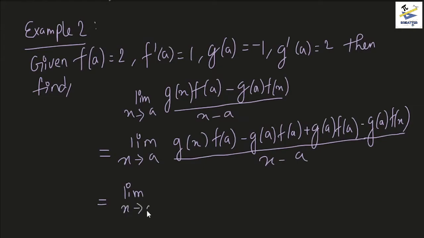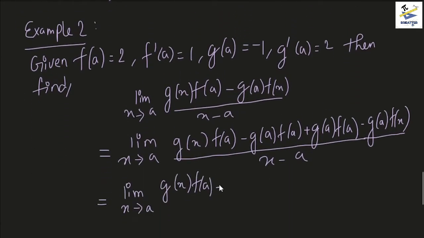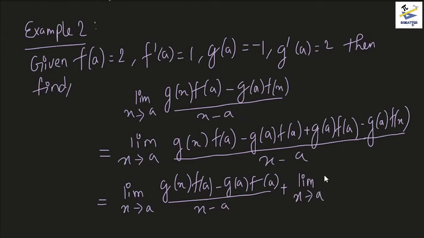Because we want to really find out how to evaluate this kind of problem using all the information given in the problem, and whatever we just learned a bit ago about the definition of a derivative, which you can see here, this would be handy. So this becomes g(x) into f(a) minus g(a) into f(a), divided by x minus a, plus another limit as x tends to a, g(a) into f(a) minus g(a) into f(x) divided by x minus a,